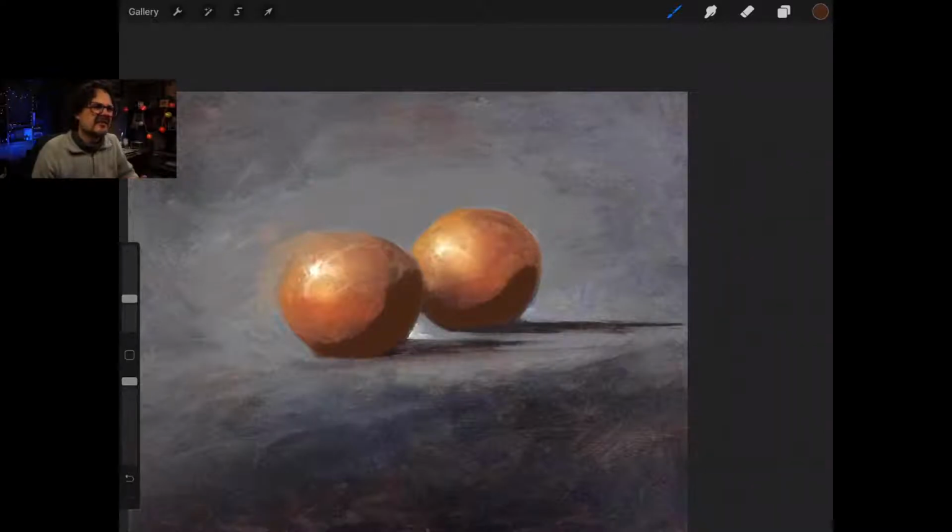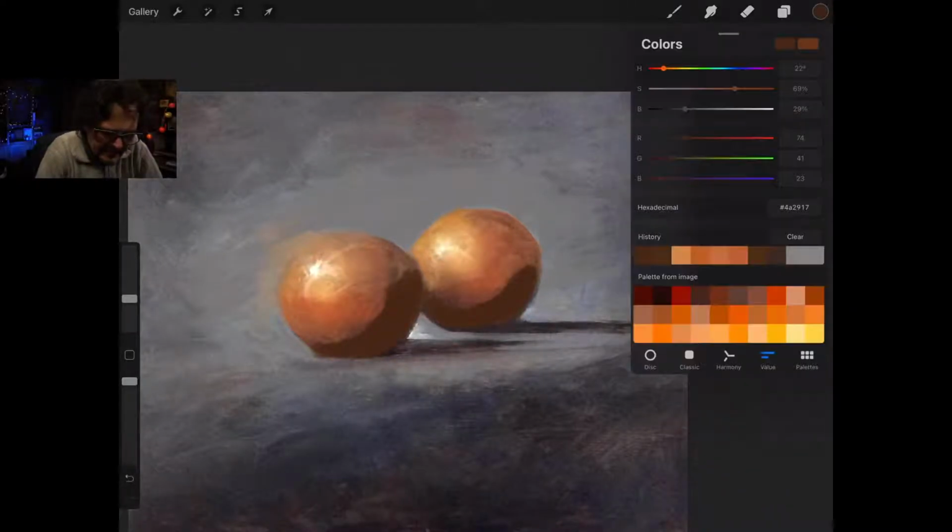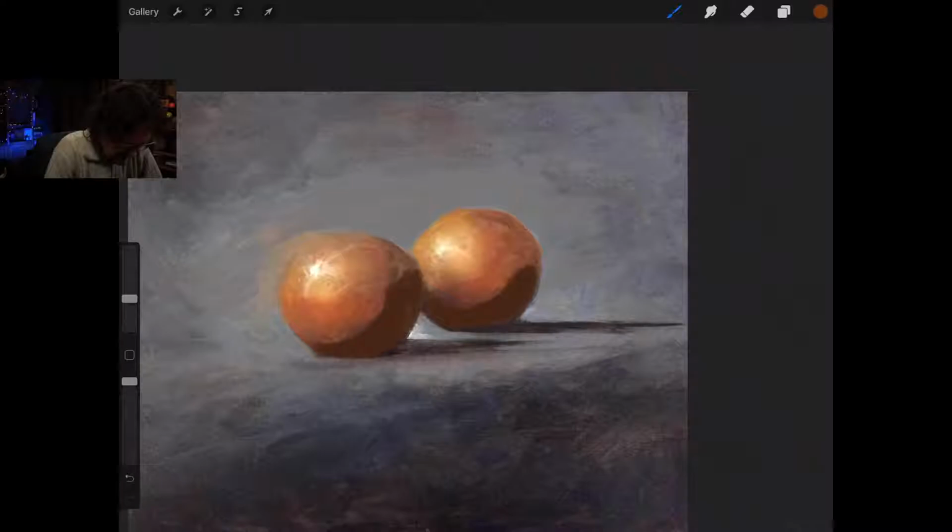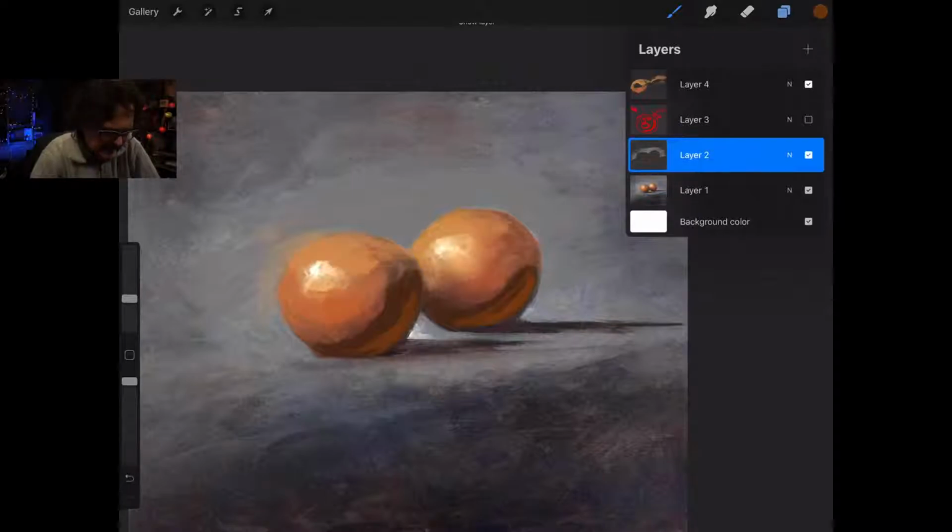It's just these little movements that really do make such a difference. Reflected light can make a huge difference.